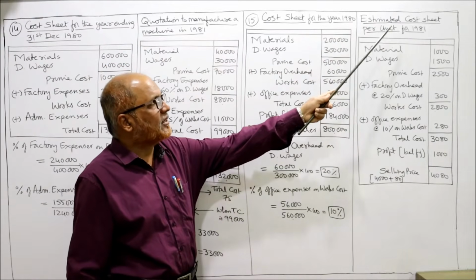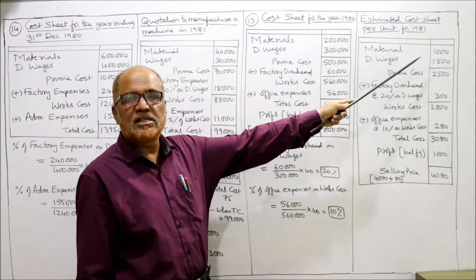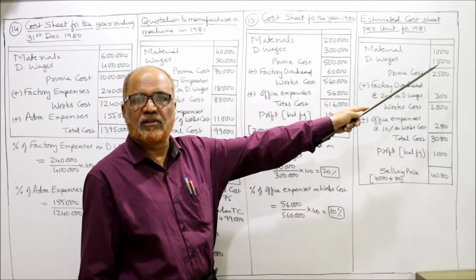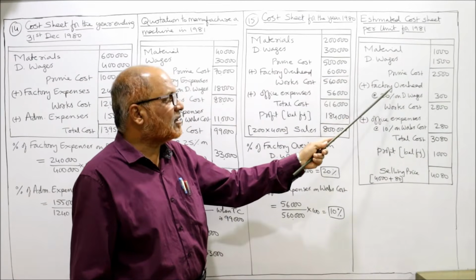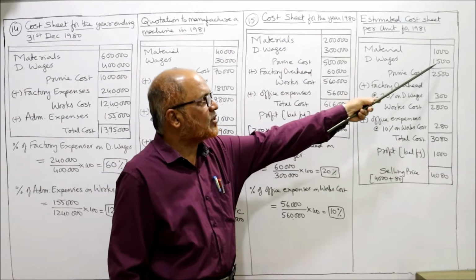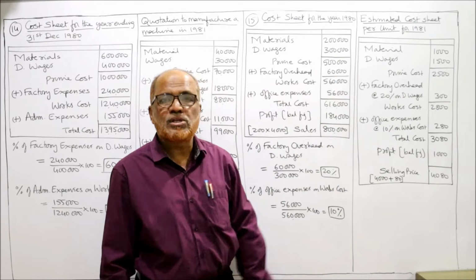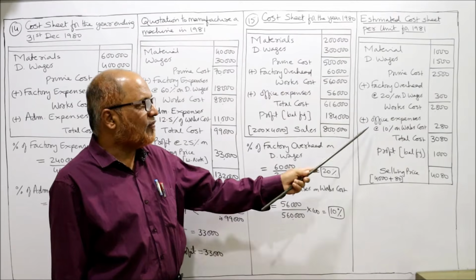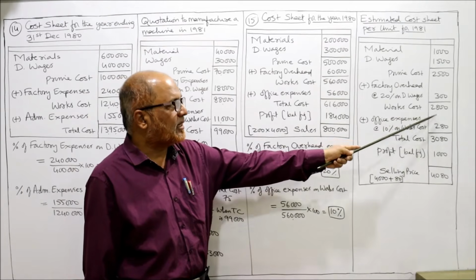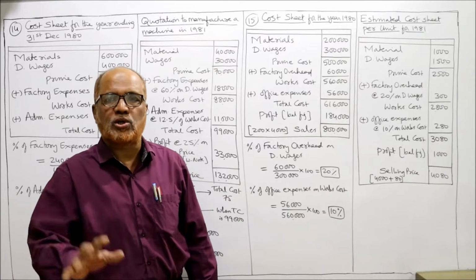Now we have to make the estimated cost sheet per unit for 1981. For one television, what is the cost sheet? Material, given in the problem, 1,000 rupees per television set. Wages 1,500 rupees per television set, given. So prime cost 2,500. Factory overhead is 20% on wages, already calculated here. So 20% of wages, how much? 20% of 1,500 is 300. Add up: 2,800 is the works cost. Add office expenses at the rate of 10% on works cost. The works cost 2,800, 10% is 280. The total cost will be 3,080. 3,080 total cost per television.